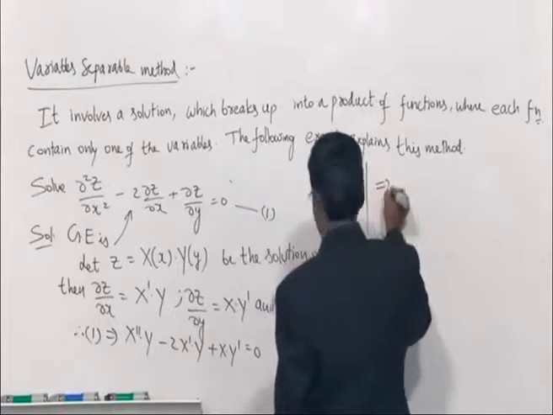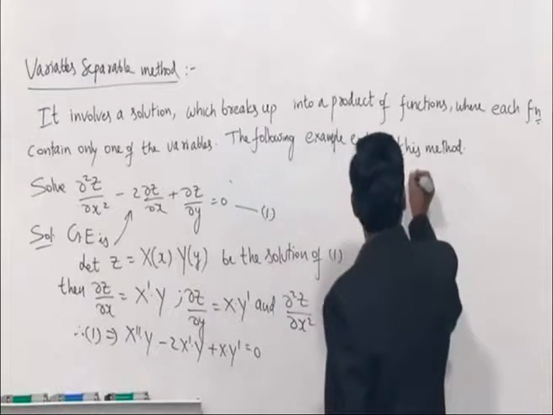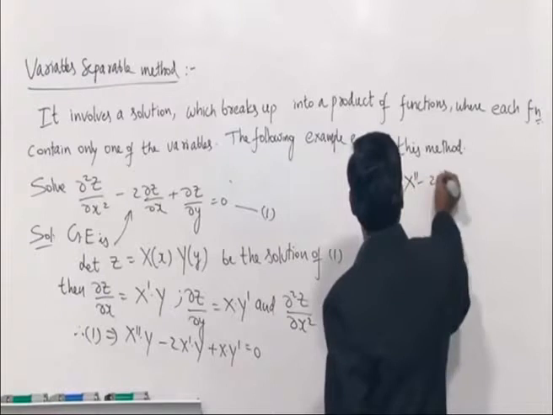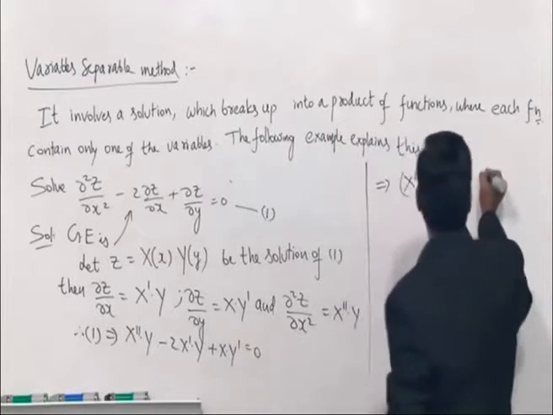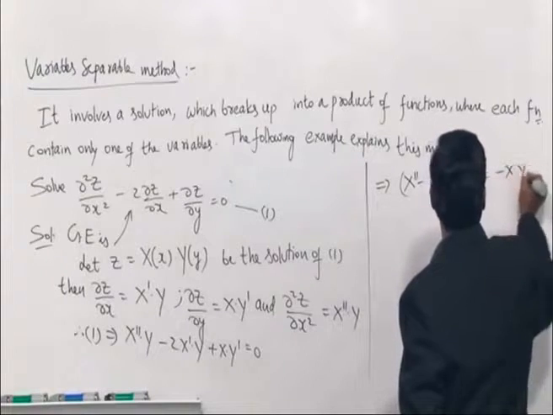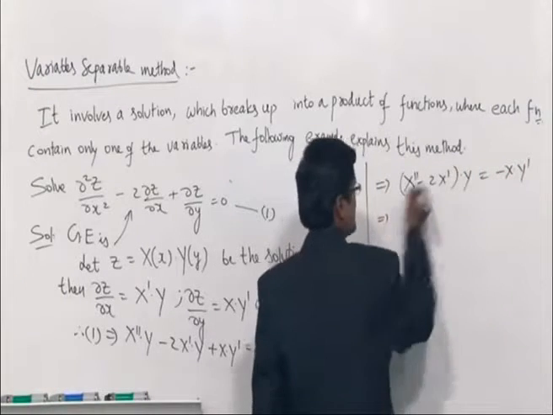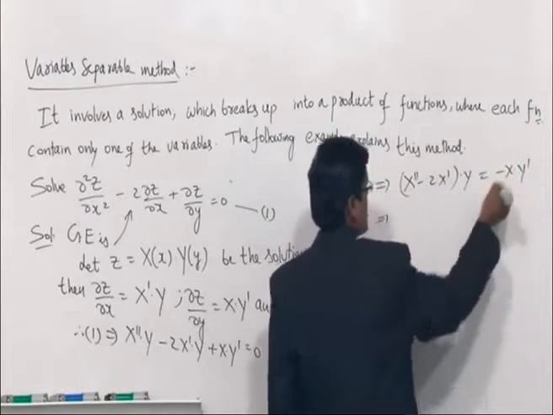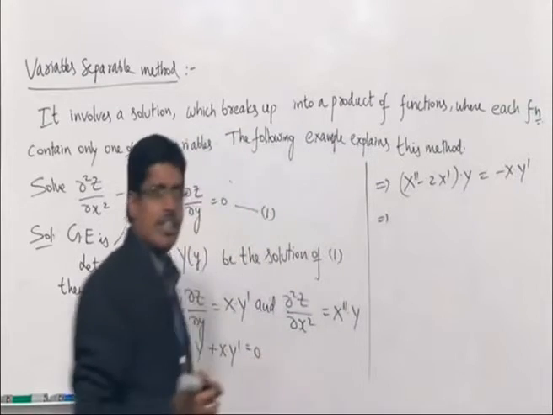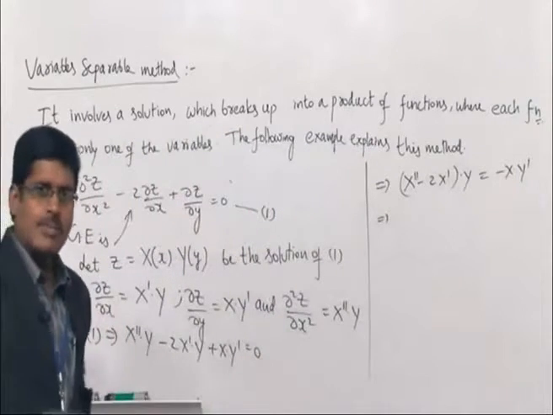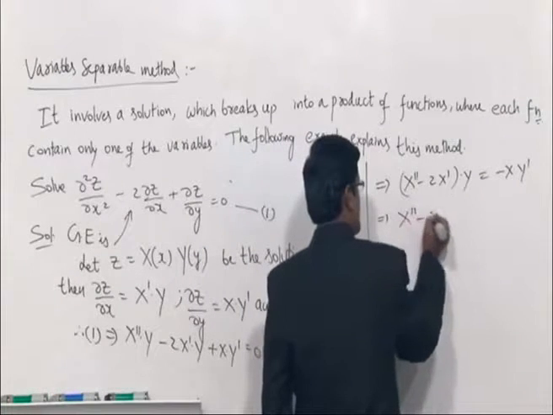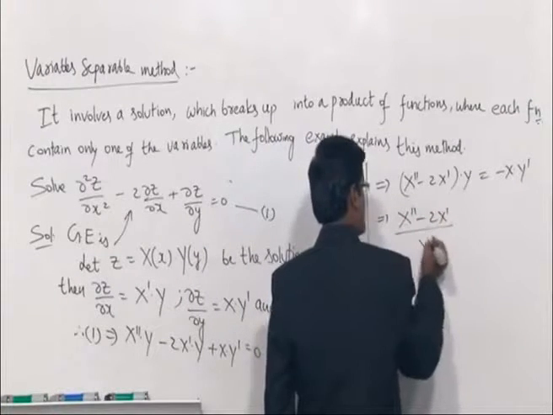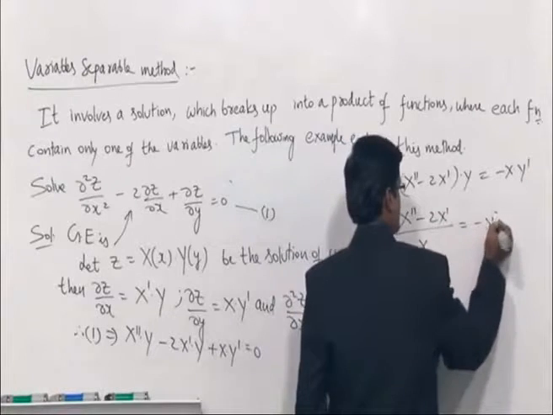So this can be written as X double dash minus 2X dash into Y, sending this term to the other side, equals minus X times Y dash. Now it indicates separation of variables. Bring all y terms along with derivatives to one side and keep x terms along with derivatives on the other side. So (X double dash minus 2X dash) by X is equal to minus Y dash